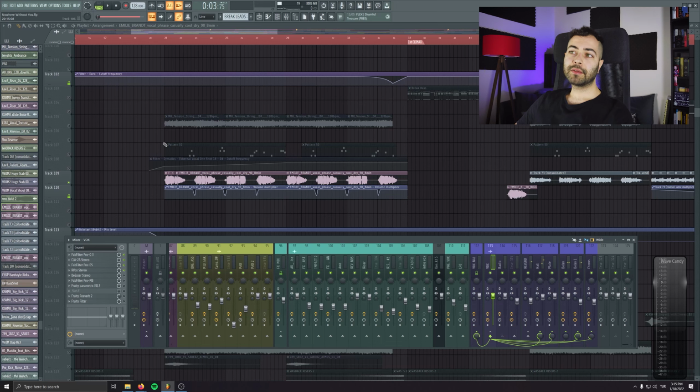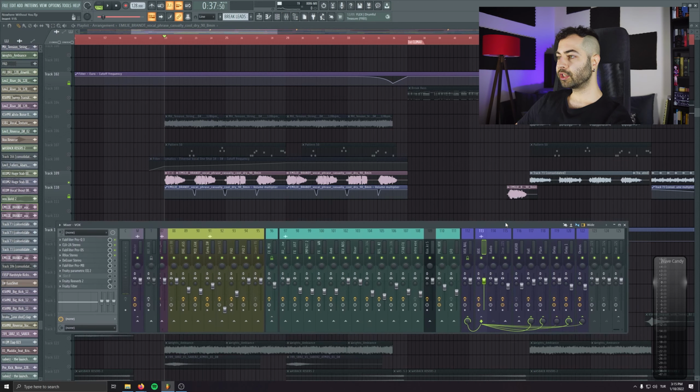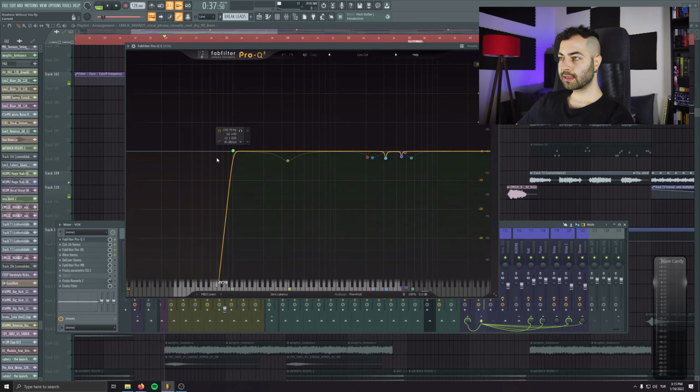So this is my classic vocal chain. I always apply a similar chain to every kind of vocal. I'm putting the vocal as an individual channel and I'm using sends to get the reverb, delay and other such effects. In this case, we just have a similar surgery EQ in here and a low cut.